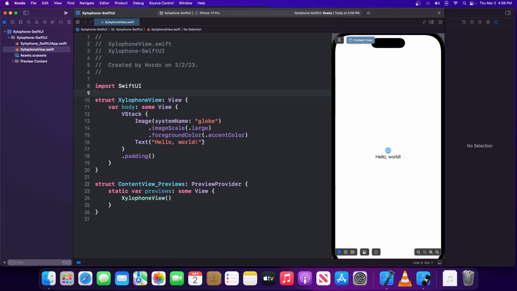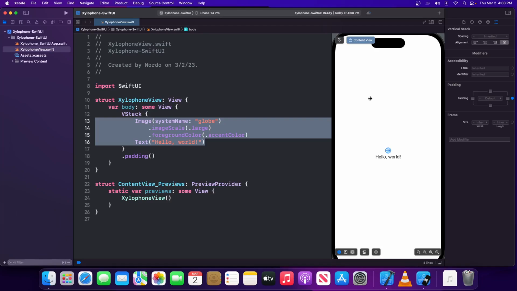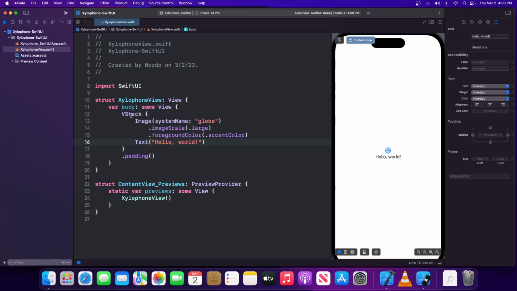I'm not going to go through VStacks and HStacks and ZStacks and things like that. Hopefully you have some basic knowledge of it, but at a high level, VStacks are elements that you want stacked vertically. HStack is horizontal, and of course the ZStack is layers on top of each other. So in this example, when you first load SwiftUI, the VStack is giving you an image of a globe with a large image and a foreground with an accent color above the text "Hello World." All right, so